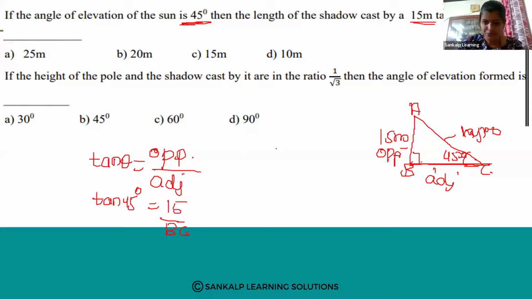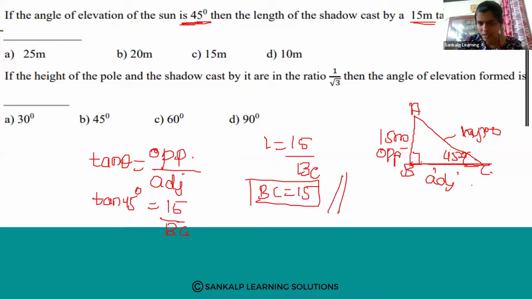Now tan 45 is 1. 1 is equal to 15 divided by BC. Now transfer this BC to this side. BC into 1 is BC. BC is equal to 15 you will get. So this is 15 meter. Is it there in the options? 25 meter, 20 meter, 15 meter, 10 meter. So option C is right. Okay. So now,